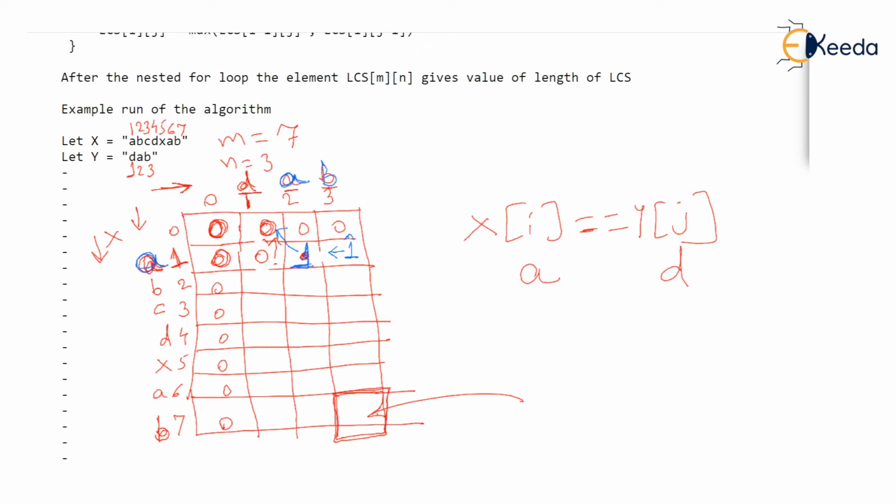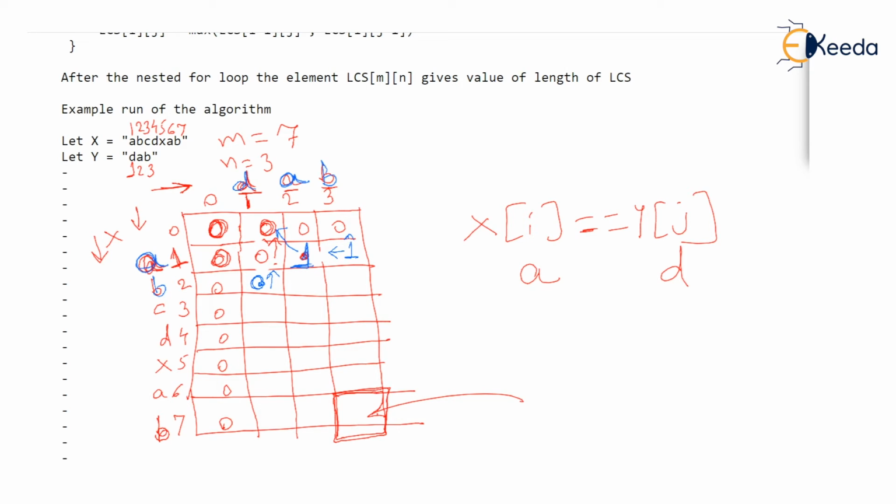Now let's fill this next element sequentially. Now I am not overwriting the letters here, like this letter is B and this letter is D. Let's now fill it very fast. B and D don't match. So we will take the element from above or from left. Whichever is maximum will be borrowed. But both are equal. Then we will borrow an element from above. If there is a tie, we will borrow an element from above.